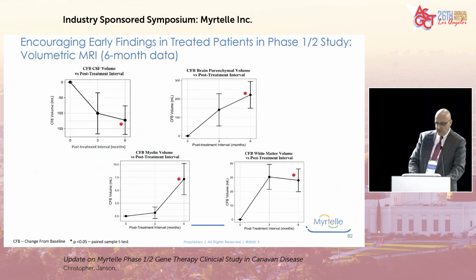As I mentioned before, brain imaging is a secondary outcome measure. We chose to use synthetic MRI or psi-MRI, a fully quantitative FDA-cleared method which uses a very short scan time to derive all the required sequences. It can precisely measure brain water content, myelin, white matter, gray matter, and other relevant parameters. Remarkably,